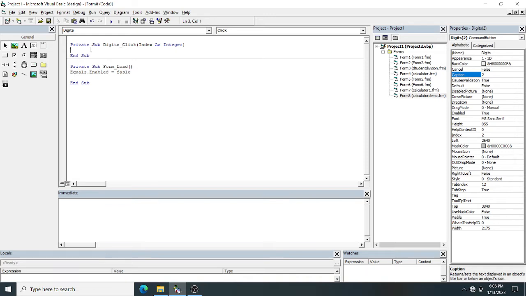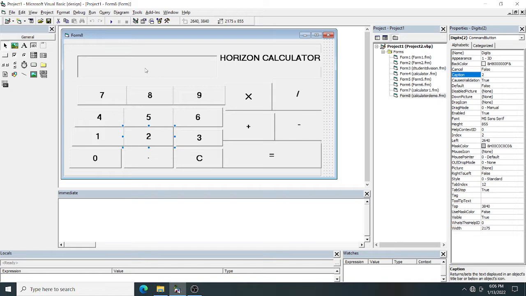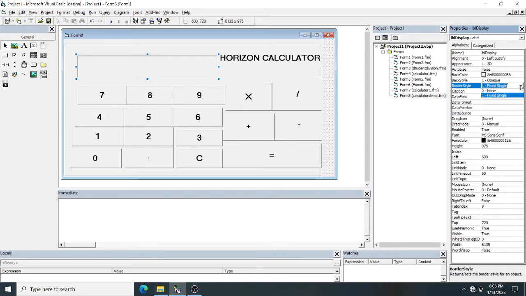In this procedure you have to type the code for concatenation of a number. Look here, this is your label, the name is lbl display. If I change the border style to fixed single, it changes. So this is your display, the name is lbl display.